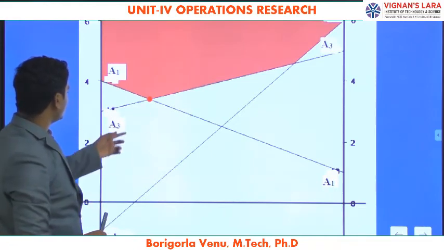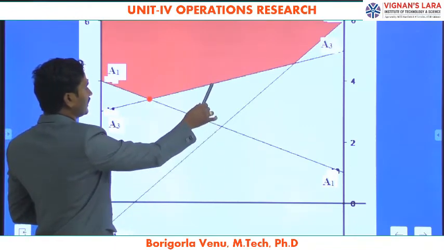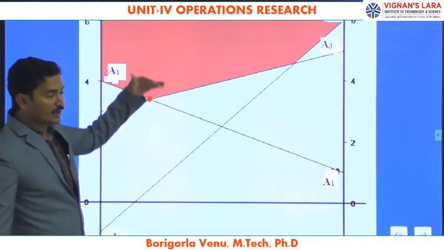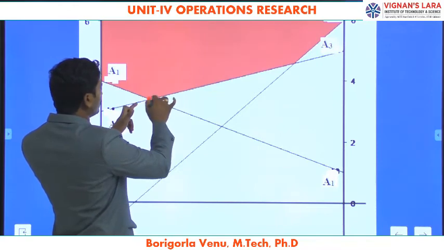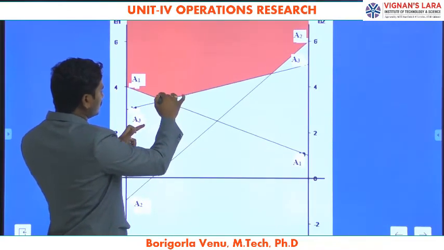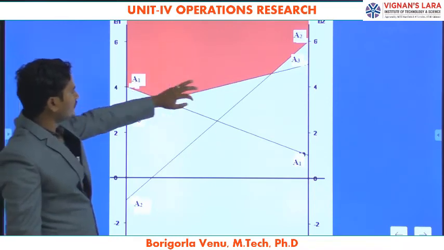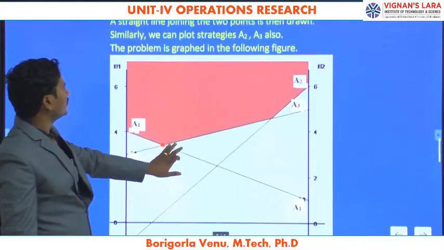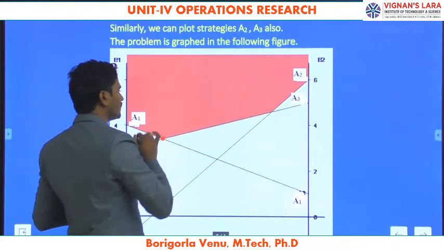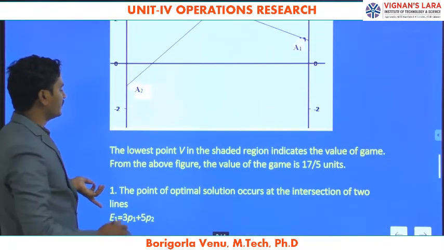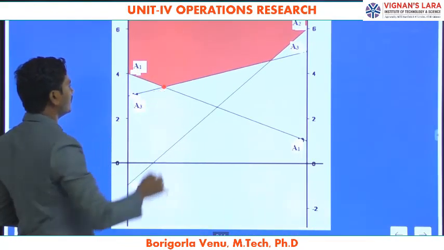Okay, now from this I am going to solve the value. If we choose this, another line is crossed. So we are going to choose the top boundary. If we take the top boundary, we obtain these two lines. From these two lines only we are going to calculate. We are going to shade the area of the top surface. From this surface we are going to take the point. Here the maximum point and the lowest point are there. From this we are going to choose the lowest point. The lowest point indicates the value of the game.